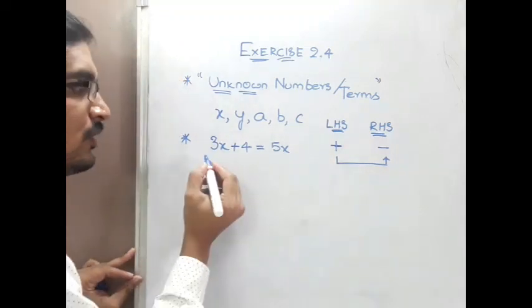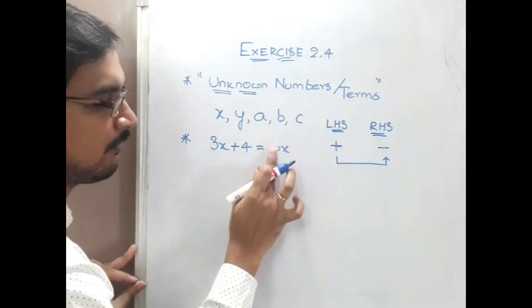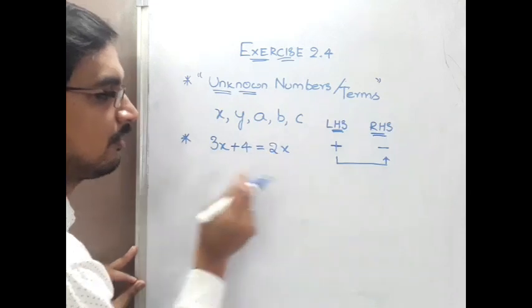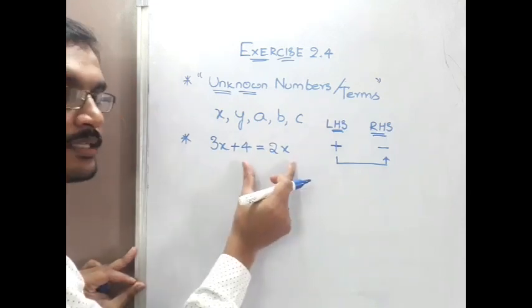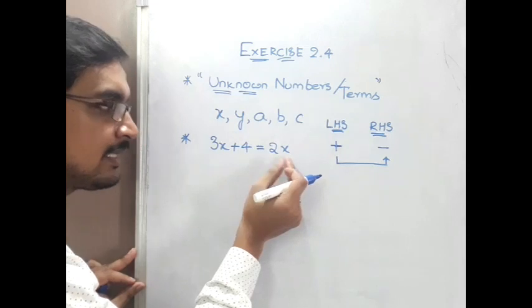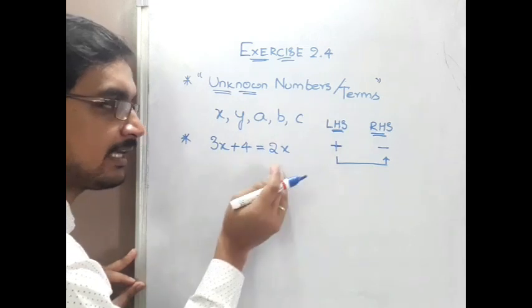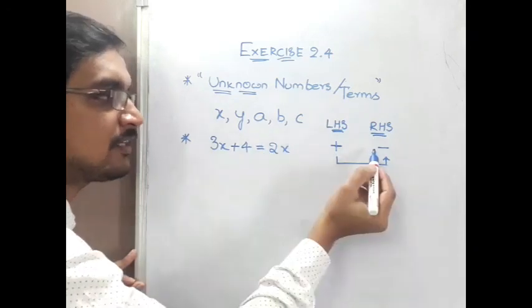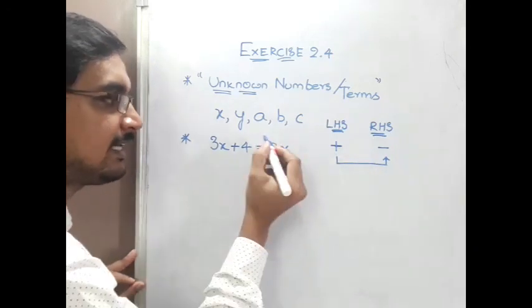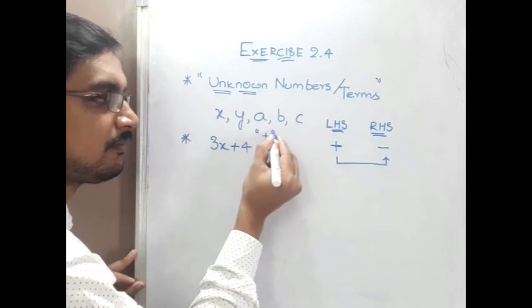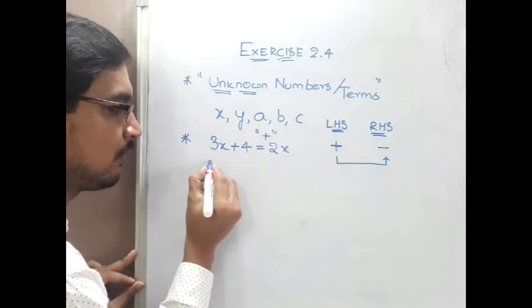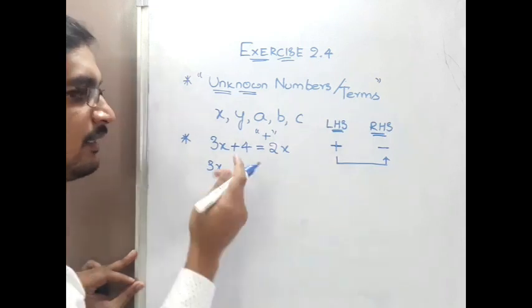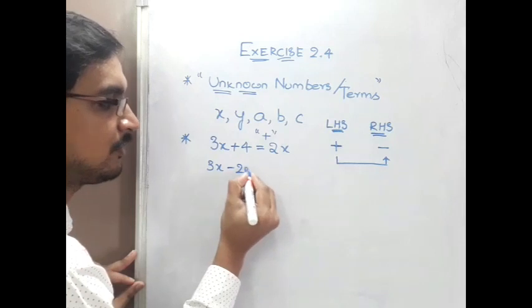Opposites. So for easy understanding, make it 2: 3x plus 4 is equal to 2x. In order to bring this 2x, here we don't find any sign. We don't know whether it is plus or minus. If there is no specification for the sign, we should take it as always plus. Please be careful. Now I want to move this plus 2x to the other side. Then it will become minus 2x.